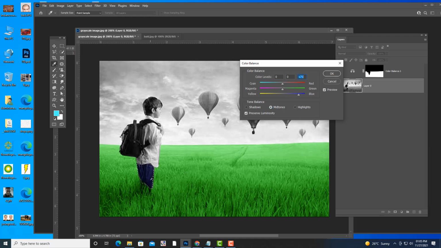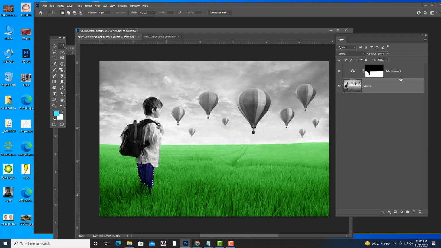See, then highlights, then shadows. See, now it's very dark. If you want to reduce it, you can reduce it. I don't want this much darkness, so I reduce it. But if you make it more, see, now it has become yellowish. Like you see, the opposite of blue is yellow. So like this, we are trying to colorize using adjustments.